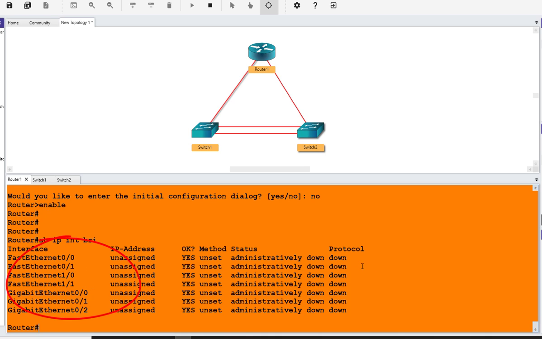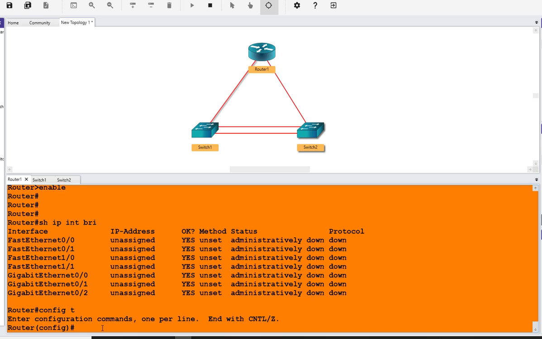We're going to configure interface FA0/0 and FA0/1. So let's get started. First thing we do is go into global configuration mode by typing config T, and then we're going to go into interface FA0/0,